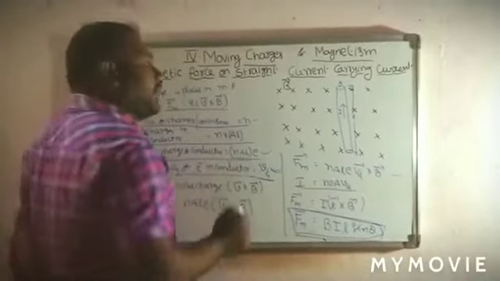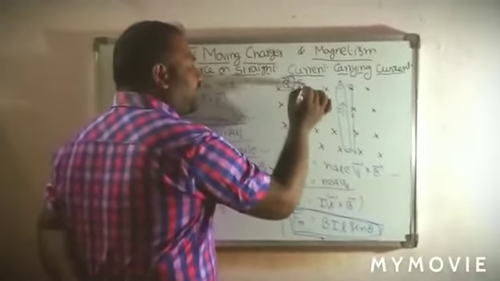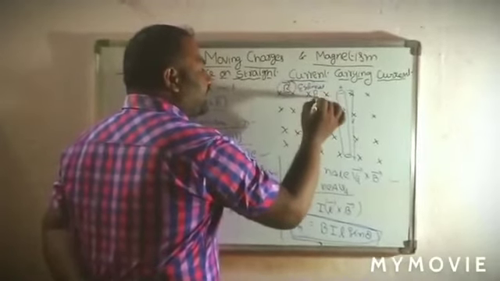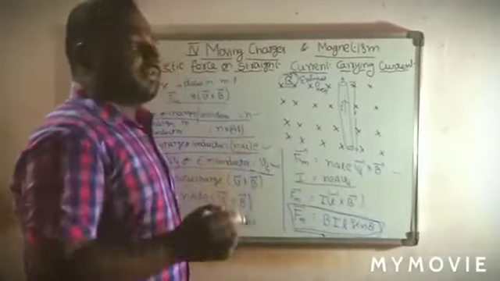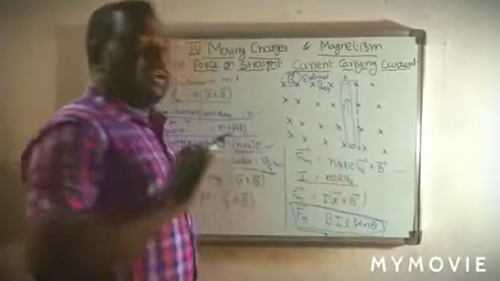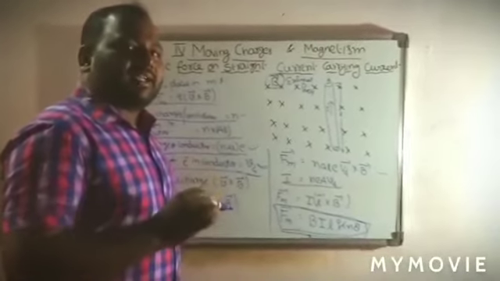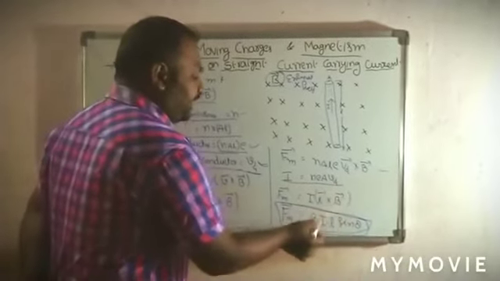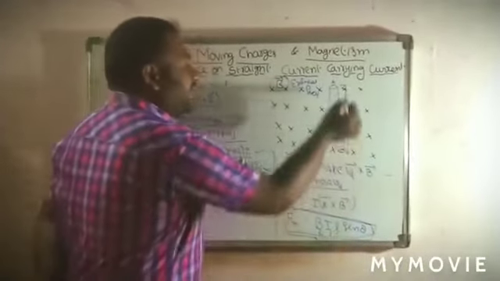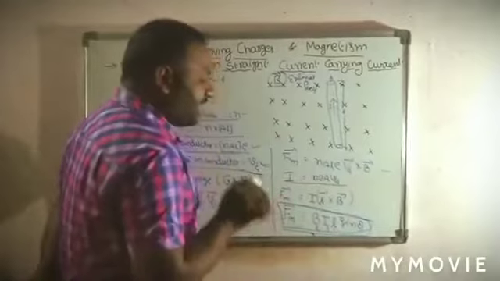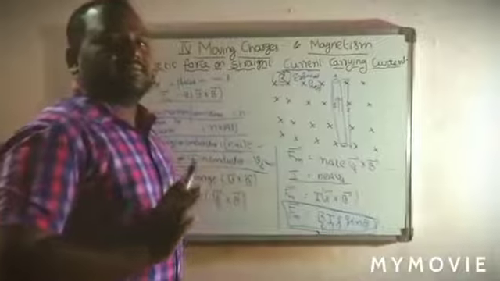In this you have to remember that B bar is not produced by this conductor. This is the external field. In this external field we place a conductor, and it will experience a force. That force is BIL sin theta. Finally, the magnetic force acting on a current carrying conductor placed in a magnetic field is BIL sin theta. Here B is the external magnetic field, I is the current flowing through the conductor, L is the length of the conductor, and theta is the angle between the current carrying conductor and the magnetic field.